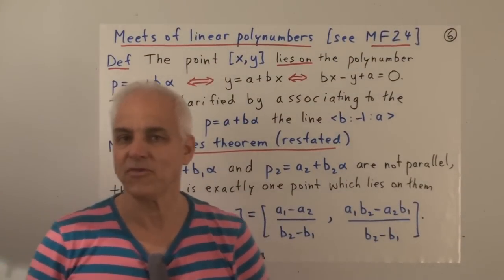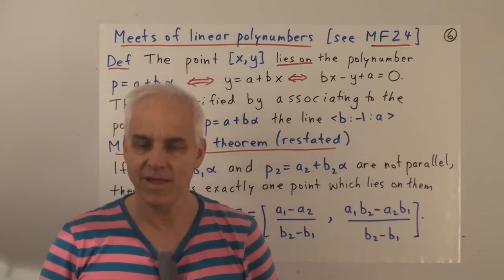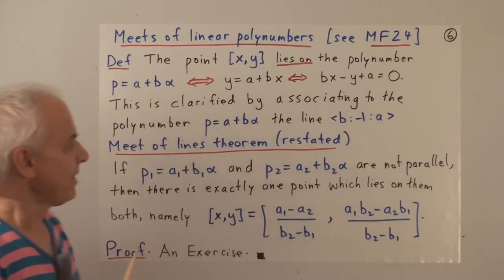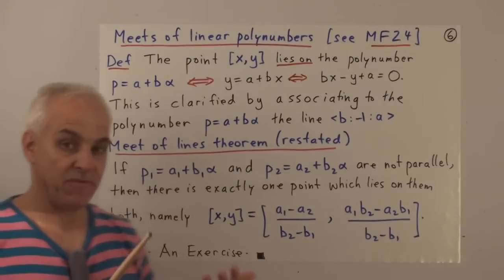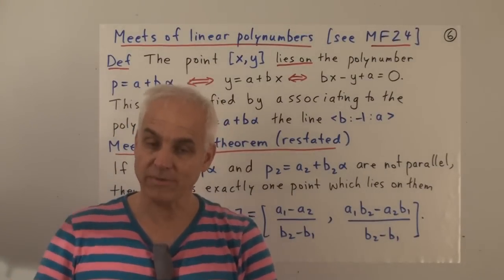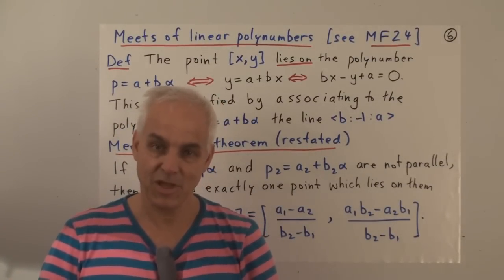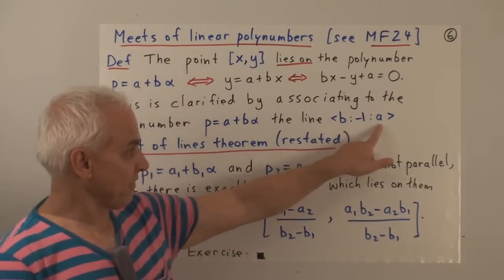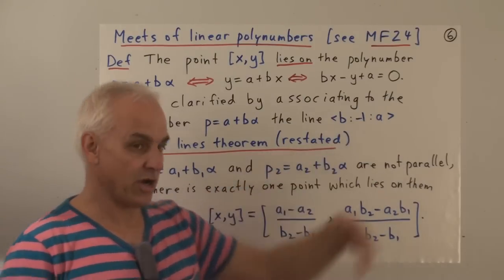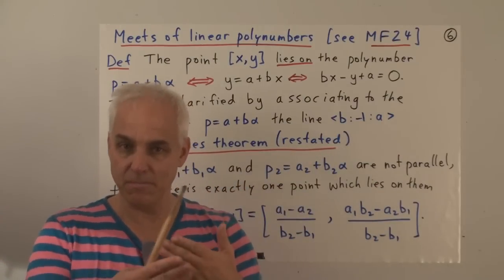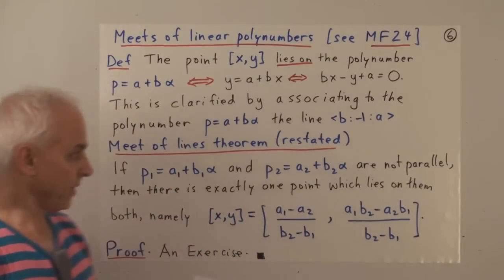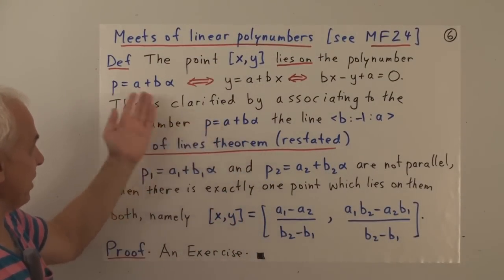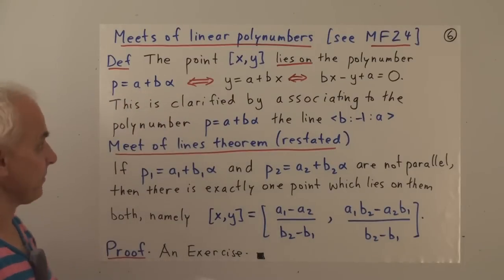There's one more important thing to say about lines before we leave them, and that's a formula for the meet of two lines. So we've talked about this before when we were talking about geometry in the Cartesian setting. We already talked about lines as geometrical objects, like they were things of this form here. And we talked about formulas for the meet or the intersection of two lines. So it's a similar story here, but now we're talking about everything in terms of a polynumber p.